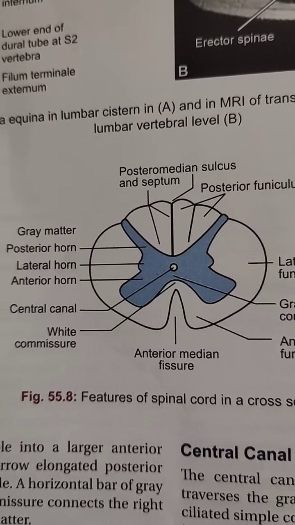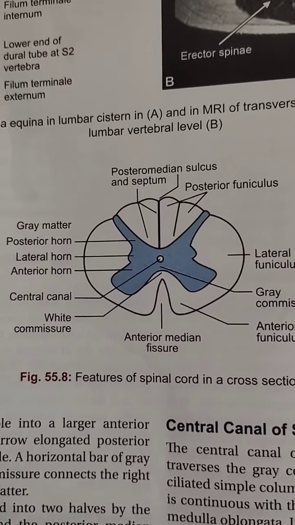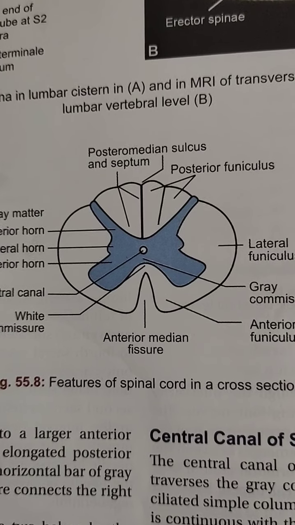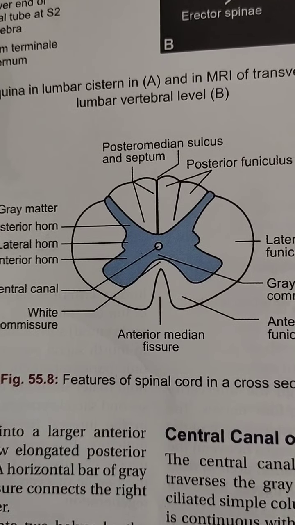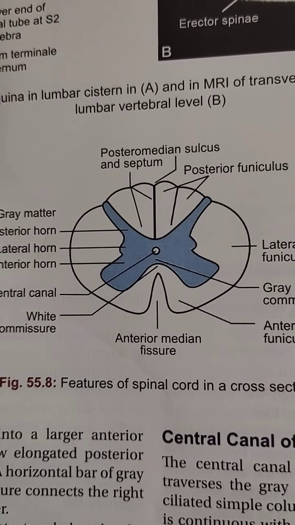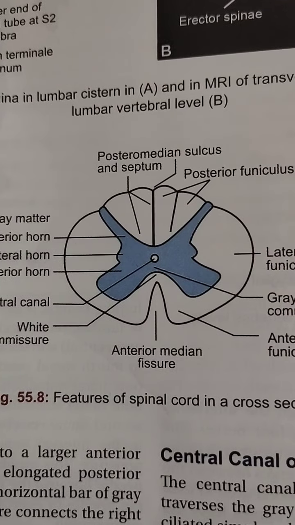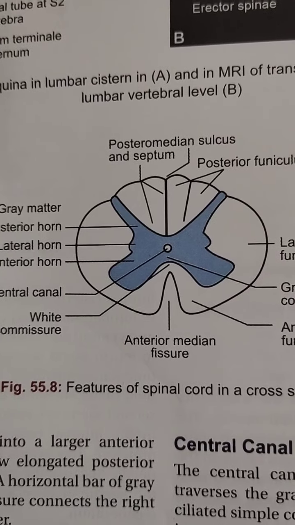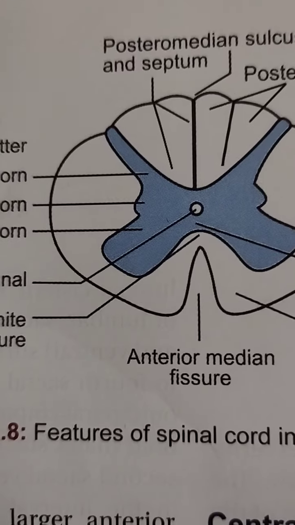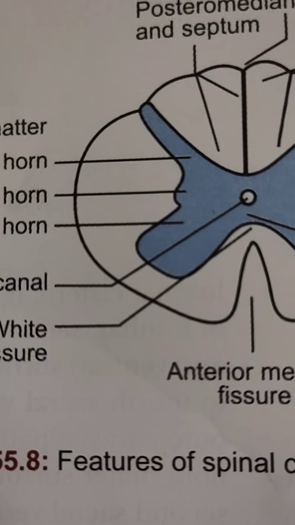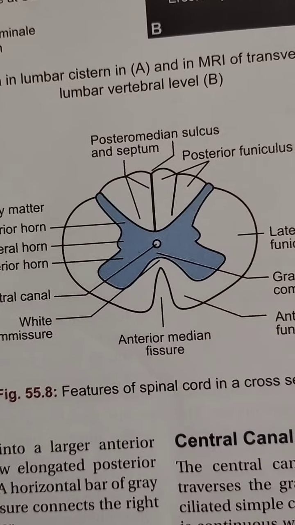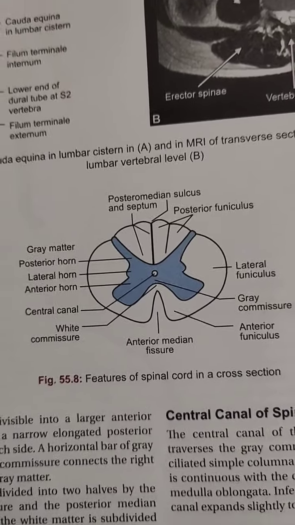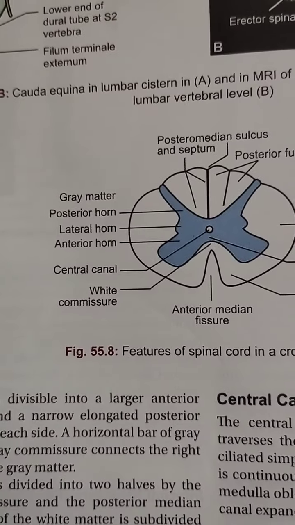So the gray matter is divided into a posterior horn, a bulging ventral or anterior horn, and laterally placed lateral horns. Usually the shape of the spinal cord varies at different levels: cervical, thoracic, lumbar and sacral. You know the sympathetic outflow starts from the thoracolumbar region, so the lateral horns are mostly present in the thoracic region up to L1. By seeing the lateral horn, you can identify whether it is a thoracic segment of the spinal cord or a cervical segment or sacral segment.